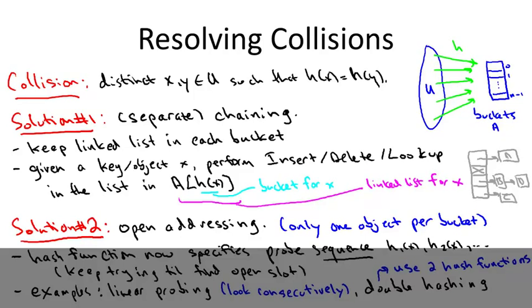So this is where if you fail in bucket 17, you move on to 18, and then 19, and then 20, and then 21, and you stop once you find an empty one, and that's where you insert the new element. And another one is double hashing, and this is where you use a combination of two hash functions, where